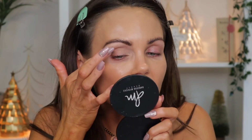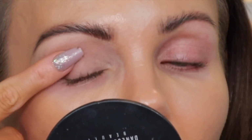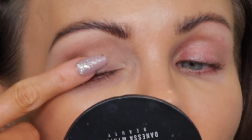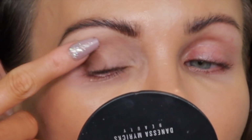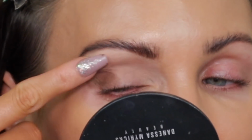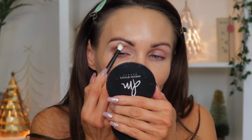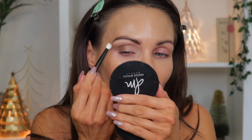So I'm going to take a little bit of this and put it here on the back of my hand. Okay. And then I'm going to go in with my finger and see if I can get better color. Yeah. So using a finger, you're going to get way better color, which is kind of hard for those of us that have nails. If you have short nails, you'll probably be able to use it better, but you're going to get the formula up and into your nails, I can promise you, because these are...